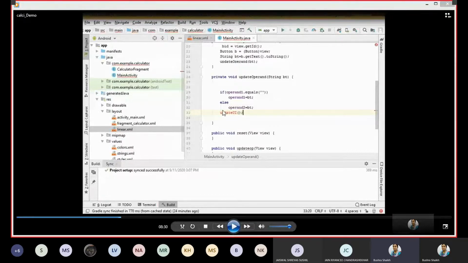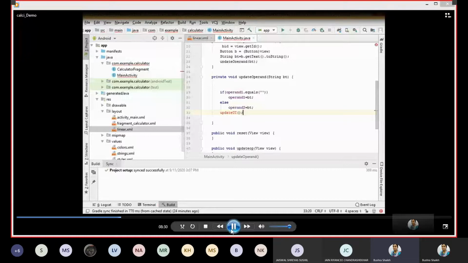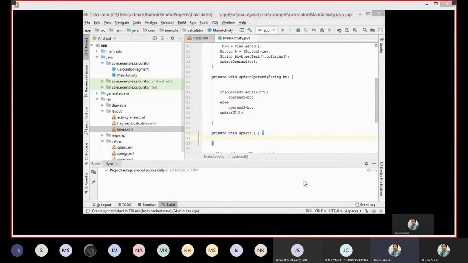And why am I creating this method separately? Because if suppose I'm not only working on the number pad section, I'm also working on the action pad section. You have used an actual calculator also, right? So when you try to perform any operation with a plus or minus, that also gets reflected onto your output screen. So to do that, if you keep this updateUI module as a separate function, then you may call it n number of times from any other function. Okay, so that is why I am doing updateUI. I have just written the name, and it has created the prototype for me.